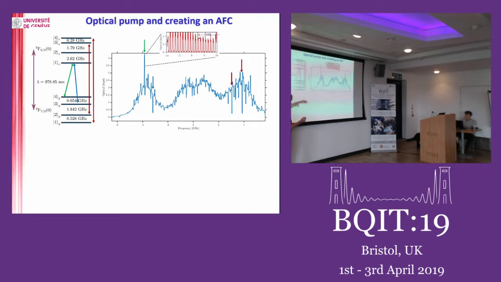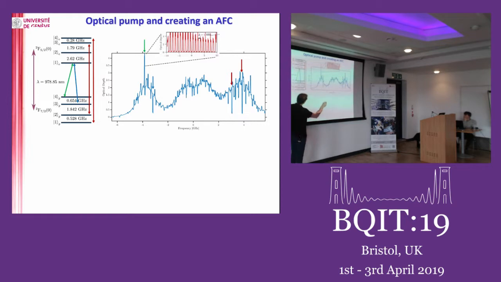For example, here we start by polarizing everything into this state. You see the high absorption here, we try to empty this, so you see a dip here, and then you see dips over here and here. That's where we empty this one. The other things are not relevant. Someone can say your bandwidth will be limited here. Actually, it's not true. All these features here, I can pump those ions that absorb there into other states, and I can actually make an atomic frequency comb over hundreds of megahertz. We already tested that, so that's fine.